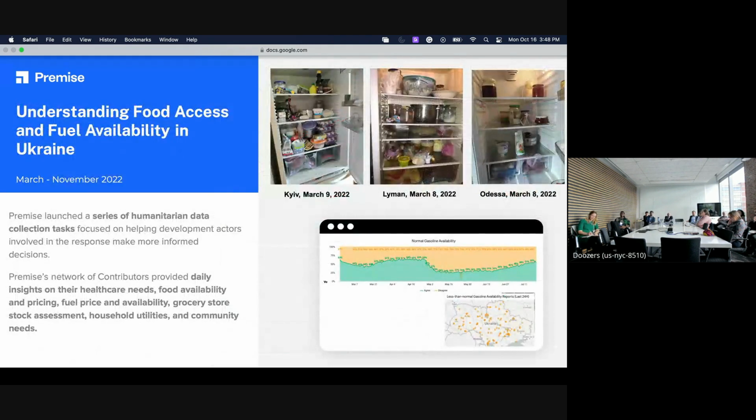efforts. We talked about Ukraine, I think. We've been doing a lot. We ran a lot of both longitudinal, but also more ad hoc types of surveys. We ran food pricing and staple food pricing and availability. We ran surveys around fuel price and availability. We also ran needs assessment types of data collection tasks, where people were taking pictures of their fridges and